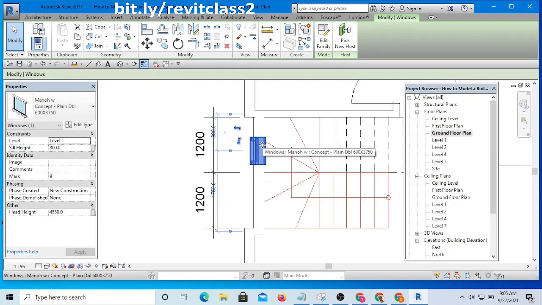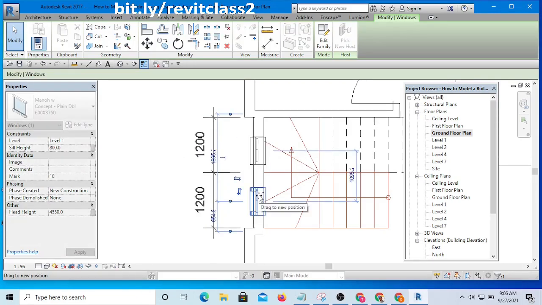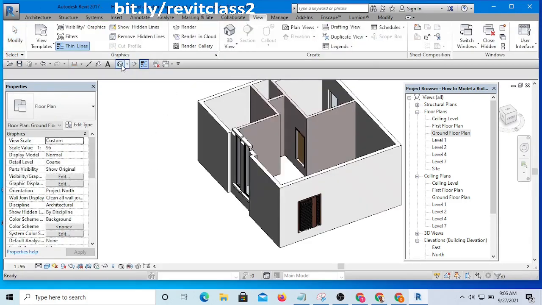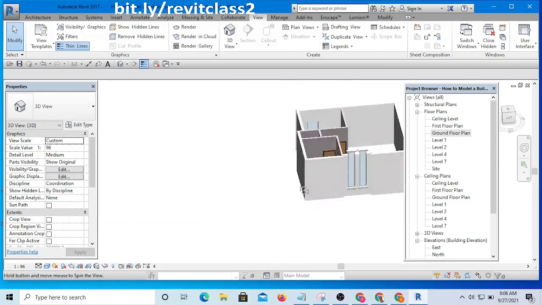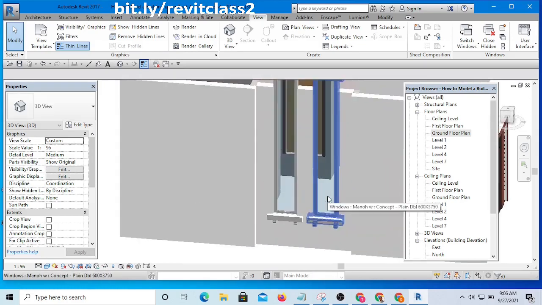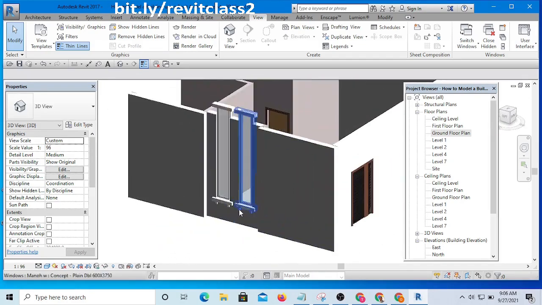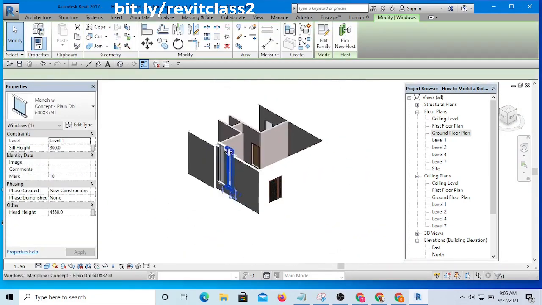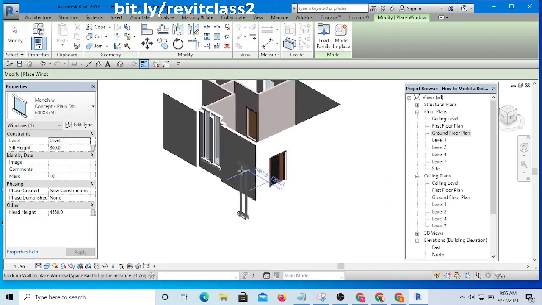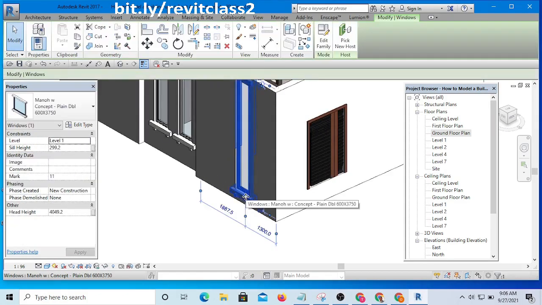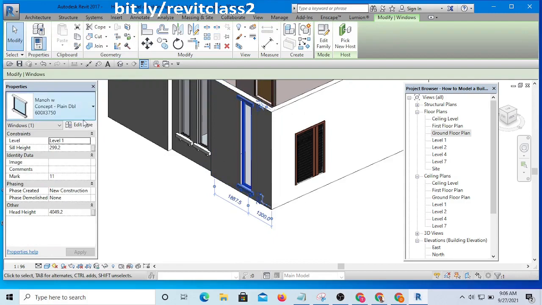Okay, and if I want to create the second one, I can select it, hold my Control key, drag and place. If you look at it in 3D now, you see that it is the same type that we have in our project case study. Okay, then I can create this same type and place it here, and the height of this one should be